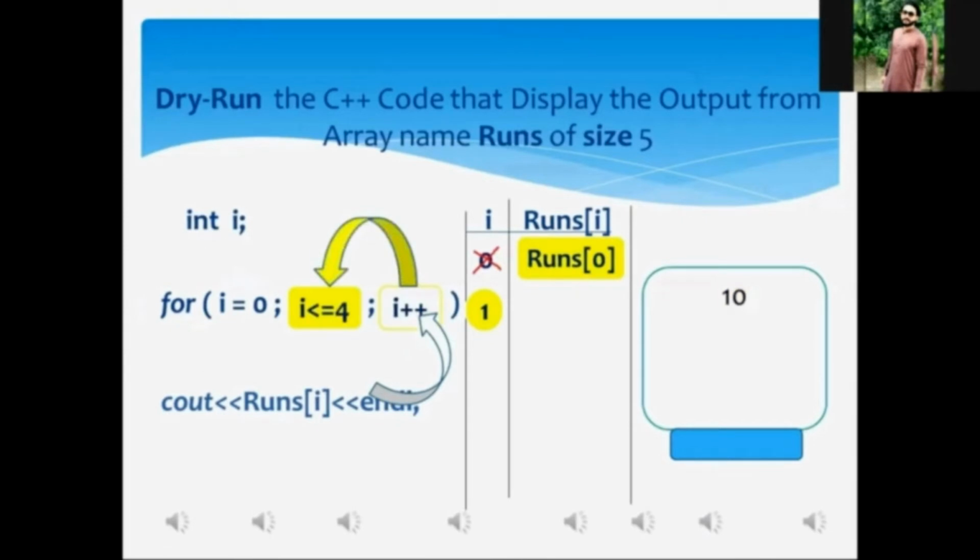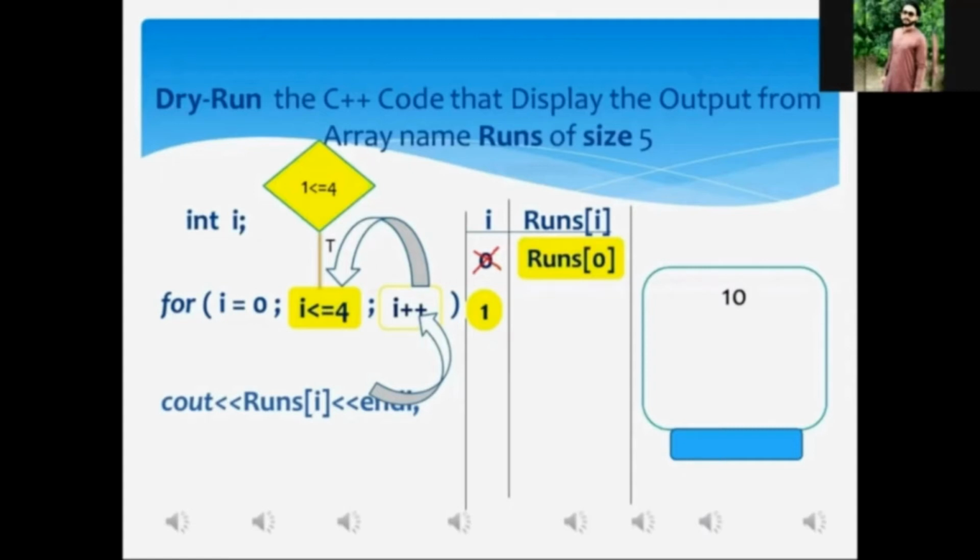Yes, sir. And now we execute the condition expression. Mr. Aftab, what is the current value of I? 1, sir. If we place the current value of I, that is 1, in the condition, it becomes 1 is less than or equal to 4, just like it is being shown on the screen. Mr. Aftab, tell me, is this condition true or false? It's true, sir. My dear Aftab, your answer is correct. This condition is true.